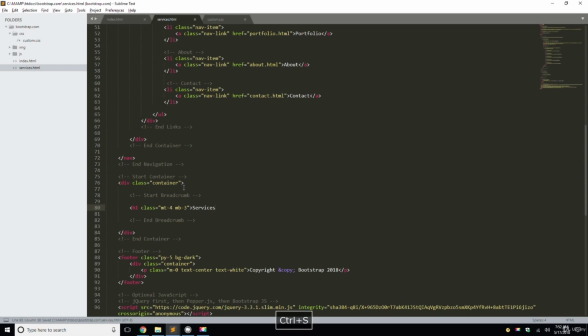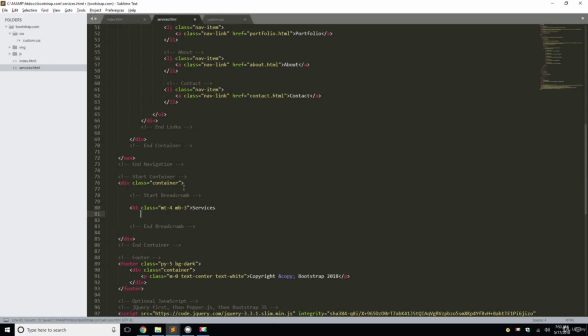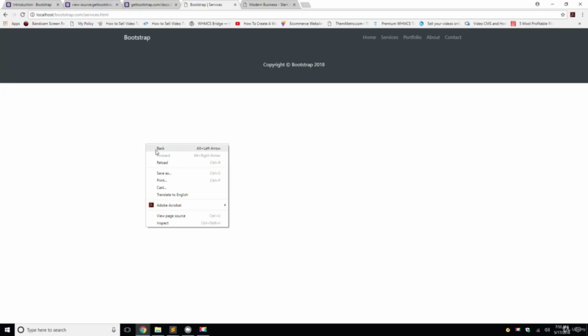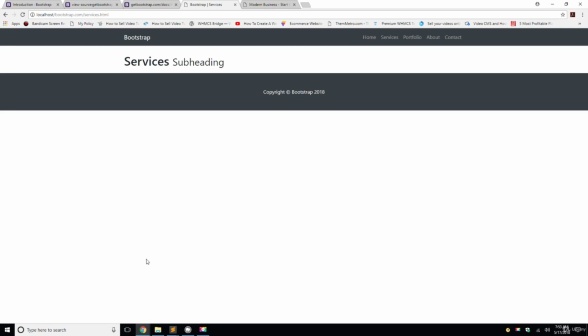Okay, and then we're going to return, and we're going to do small subheading. Okay, and then we'll close that with an h1. Okay, let's save that. Let's go into our browser and preview it and see how it looks. Very nice. Okay, so let's go back into our project,